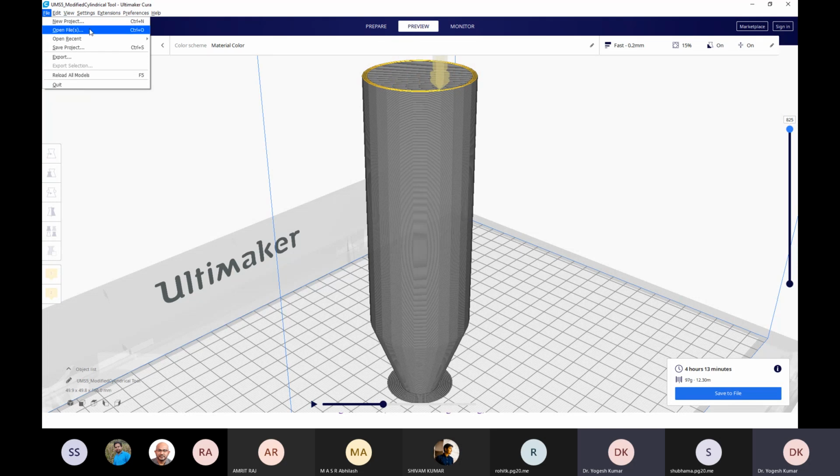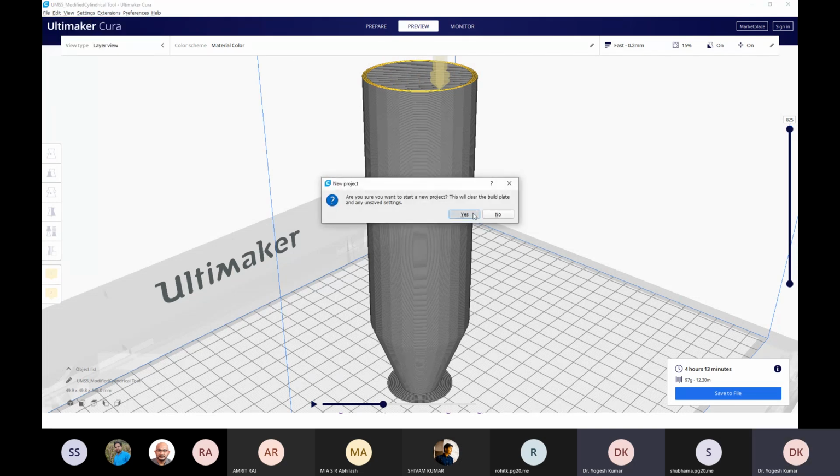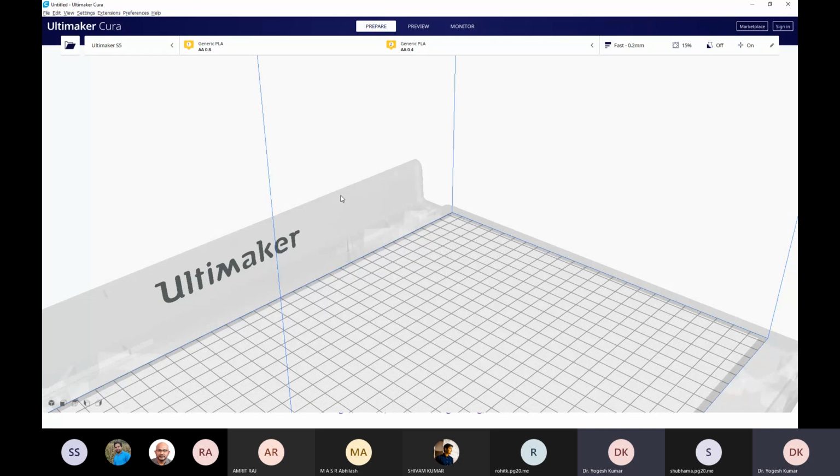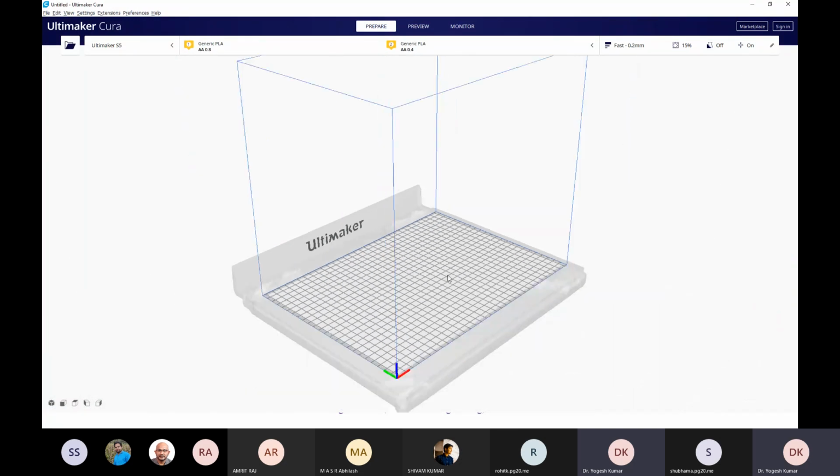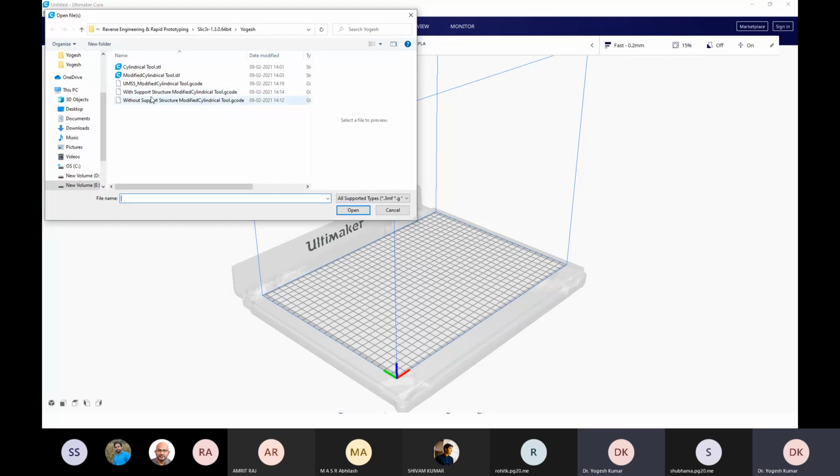Okay, new project. As I told you, in this first example I automatically took data from an STL file, and I have one more option: if I have created G code or sliced data on any slicer software, then I can use that slice data directly in the Ultimaker or additive manufacturing printer.